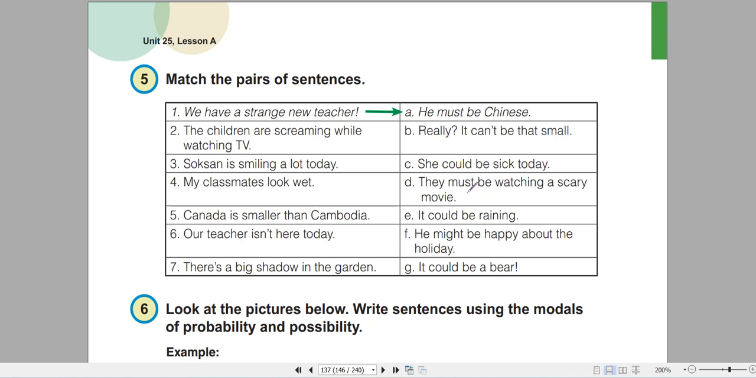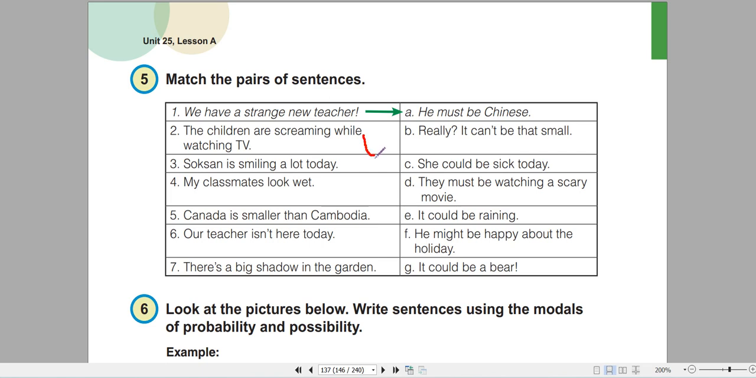They must be watching a scary movie. Letter E, it could be raining. Letter F, he might be happy about the holiday. And letter G, it could be a bear. So now the children are screaming while watching TV, so it is